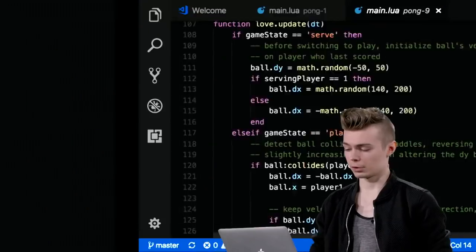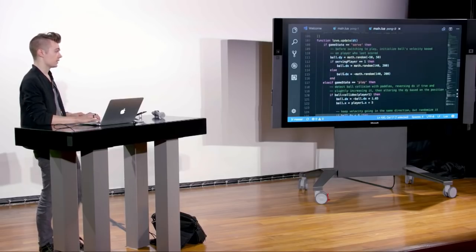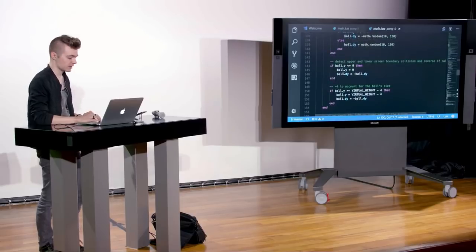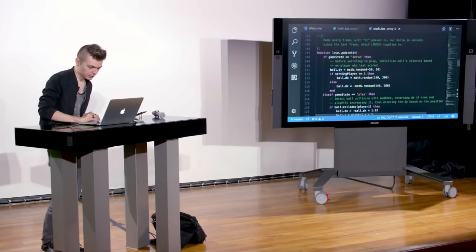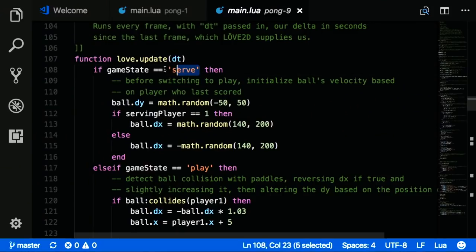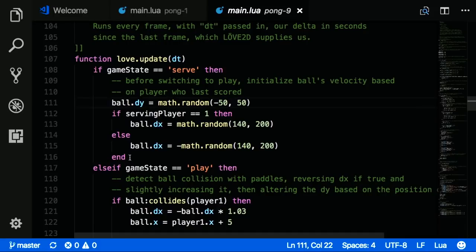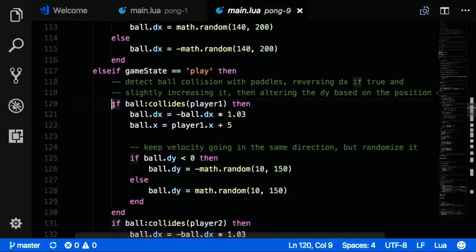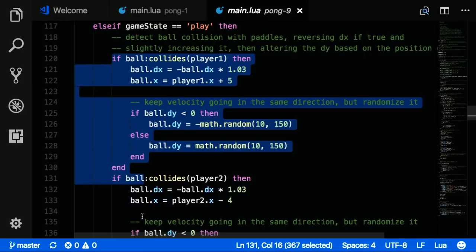Note that right now, all we're doing is setting a state variable to some string and doing if conditions on it, which works fantastically for small examples. For example, in the update function, if the game state is set to serve, then we're initializing all of the variables. If the game state is play, then we need to actually perform our logic here. In play, this is going to get called each frame, and we say if ball collides with player 1, do all this stuff, and then